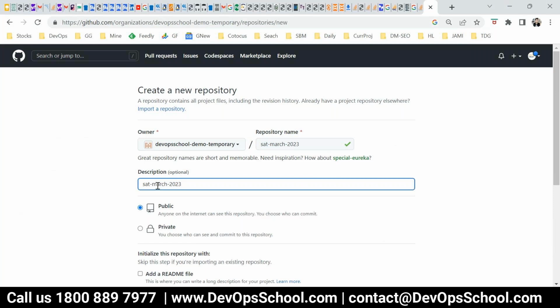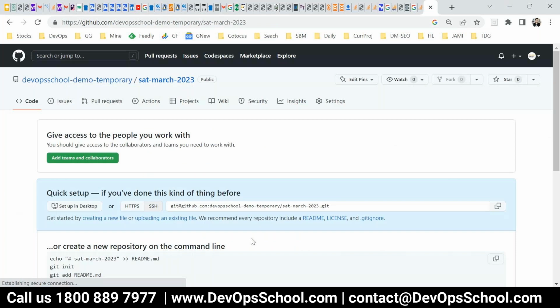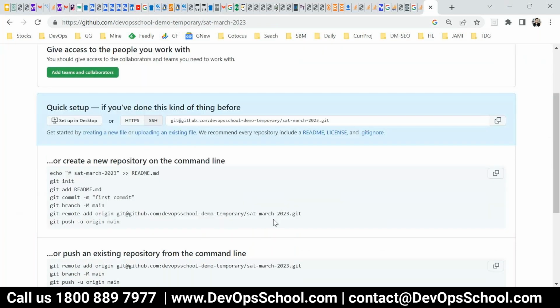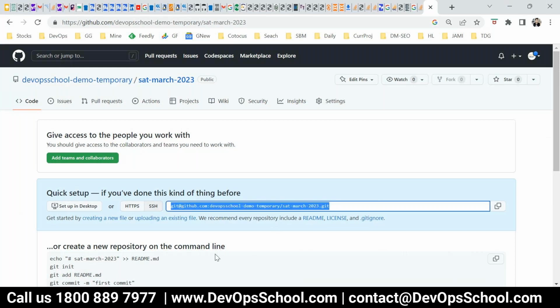Private means no one can see, only you can modify. So, created repository. Which protocols did I mention? Remember HTTPS, this is the URL, and SSH protocol, this is the URL.